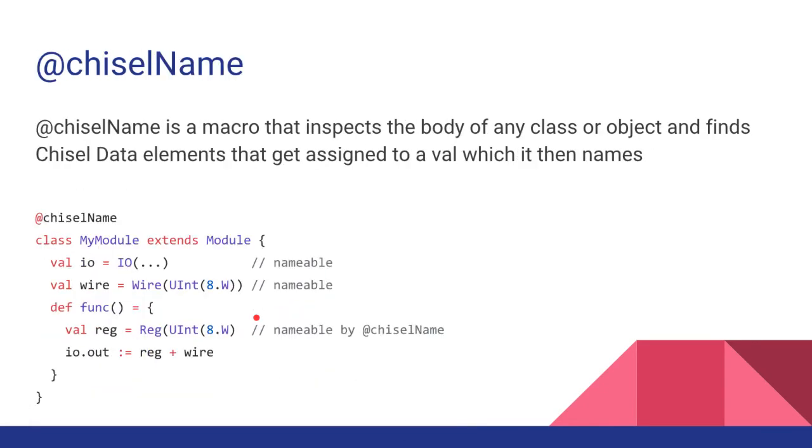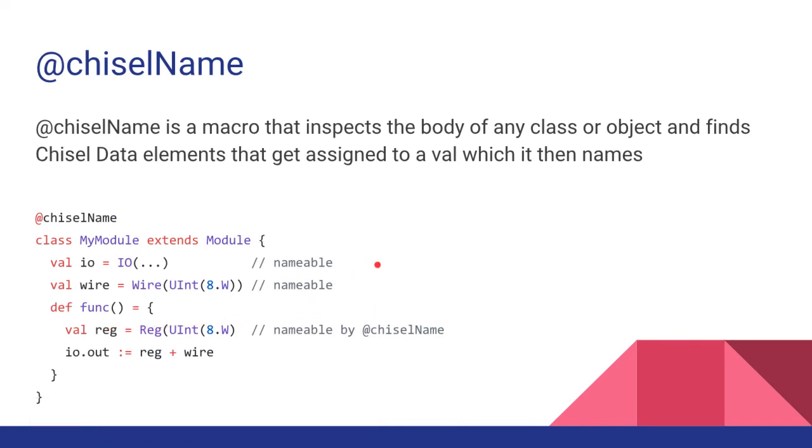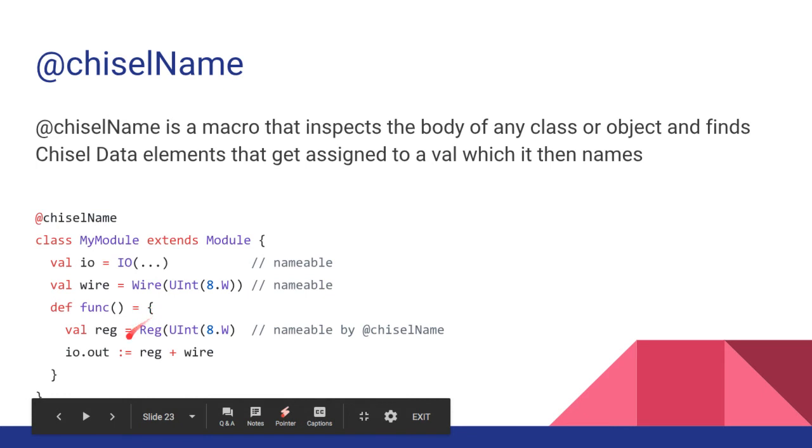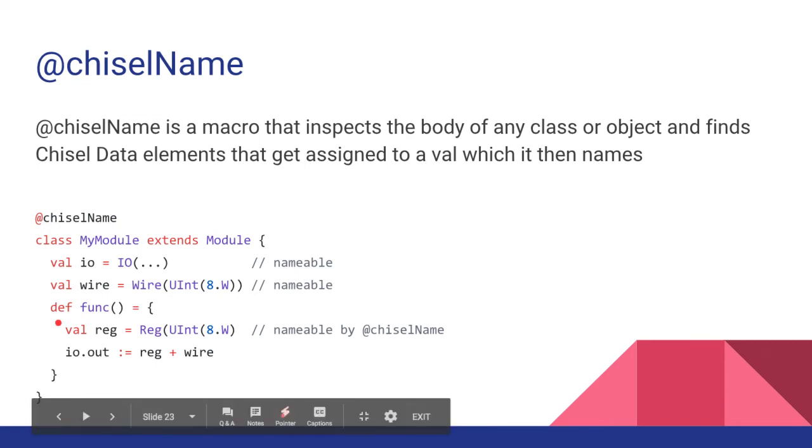And what it actually does, I didn't keep this here, but there's this function we have called suggestName, and it rewrites this code to have .suggestName on this reg. And now the register will get named reg. And that's pretty neat, I think. That's another thing that Richard implemented, so kudos to him there. So if you find yourself with a lot of scopes like this, anytime you write a curly brace, that's a scope. If it's inside of a for loop or inside of a function or whatever, it's a good idea to use chiselName because then we can still name your vals.